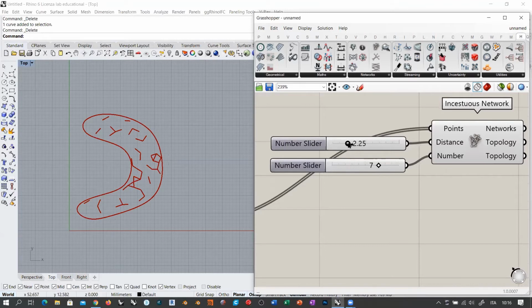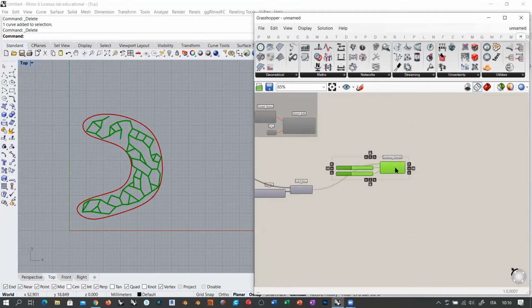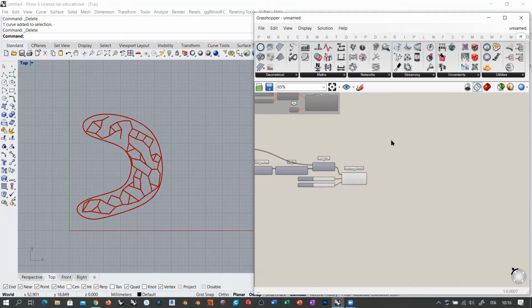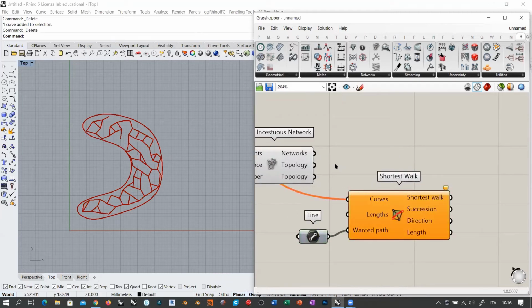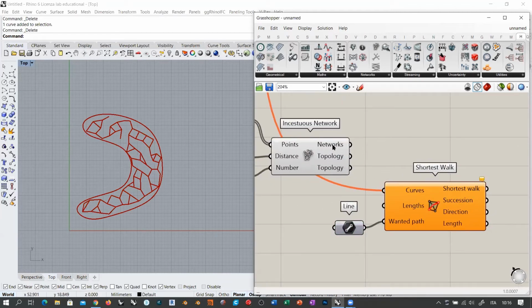And if I increase the distance, you see that now I follow this. See? So I can create a fiber system in a localized or a contained area. Okay? The important thing is to keep the network as continuous as possible in order to create the proper continuous network. Okay? Once we have this, for example, we can go back to our shortest walk,